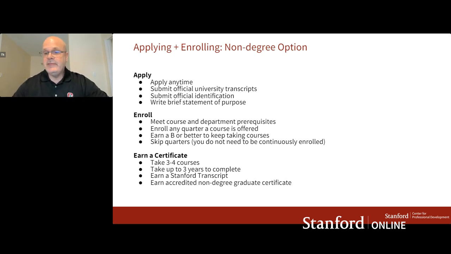Particularly for the graduate certificate, it's important that you get a B or better to continue through and complete the program. If you just want to take single individual courses for credit, which is not via a graduate certificate program, you do have to, again, keep a standard of a B or better. If you get less than a B, you will need to petition to continue. That's not to say you can't continue, but the academic department will want to understand why the grade wasn't as great as it should have been, and what you can do to continue going forward.